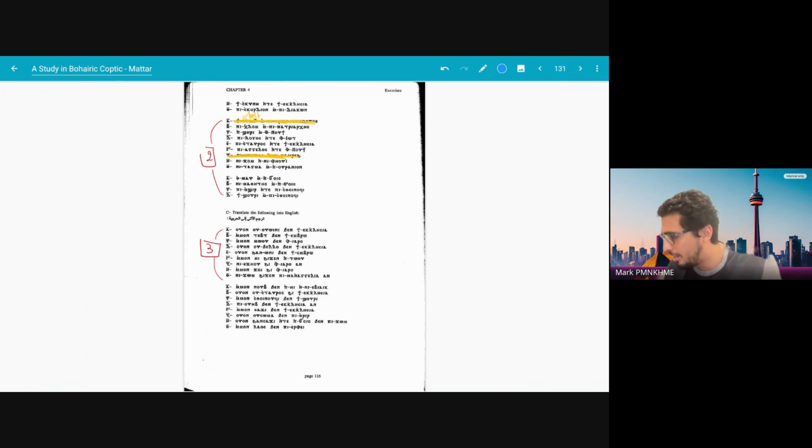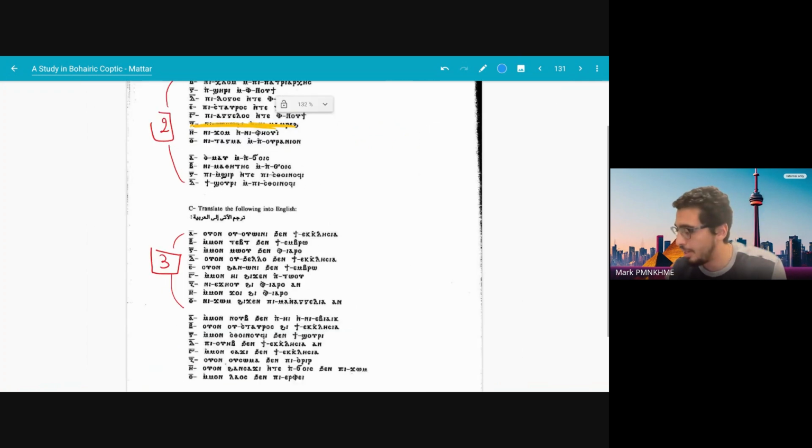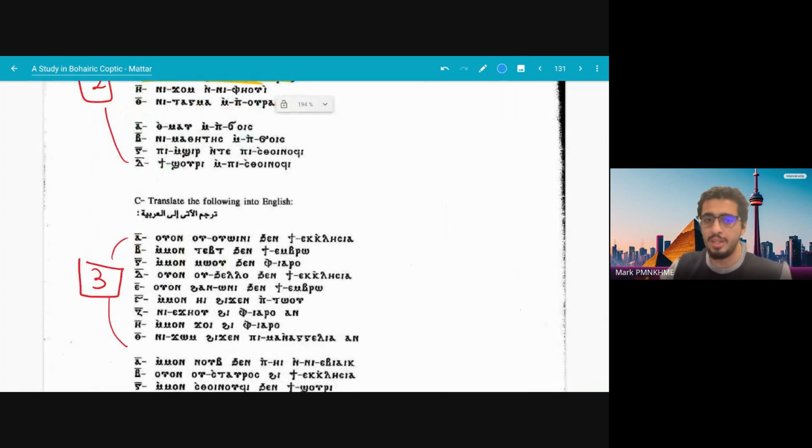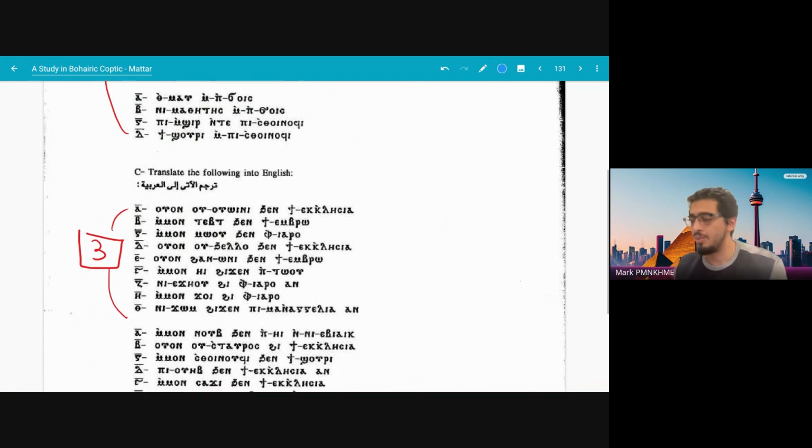The other thing of importance that we did is how to write a nominal sentence or an adverbial sentence for definite articles. Remember that Afro-Asiatic languages do not have the verb to be, so there's no I am here. There's just I here. Similar in Arabic, you don't say ana akun henek, just ana henek, I here. So if you want to say the man is here, you say prome hempema, he's here. Or in Bohairic, it would actually be chenpaima.